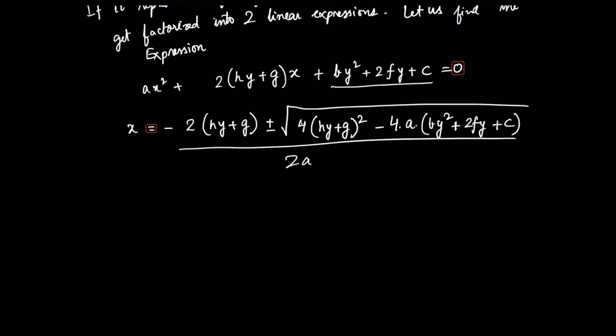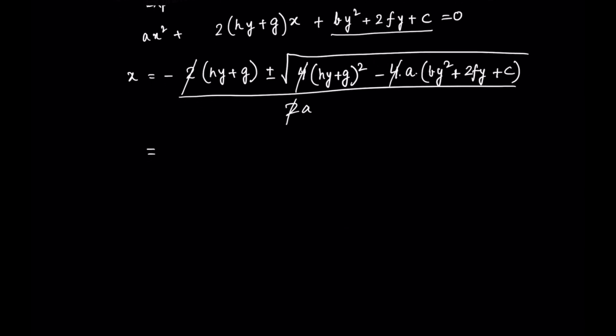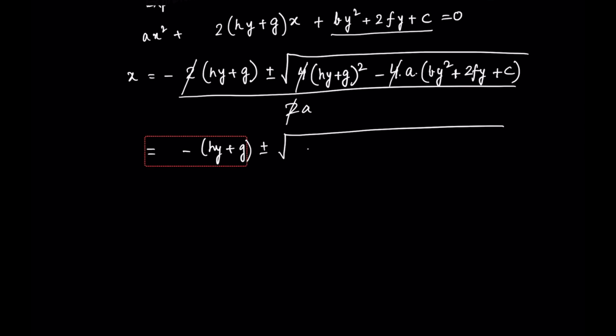This is x. So if I simplify this a bit, what I get is: 4 will come out as common. If it comes out of the square root, it will come as 2. So this 2 will cancel out. These 4s will get cancelled because 4, if it comes out of the square root, it will come as 2. So we have minus hy plus g, plus minus root over